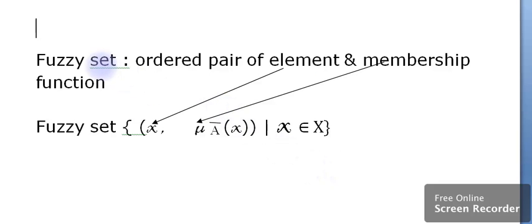So now how can you define a fuzzy set? A fuzzy set is an ordered pair of element and the membership function. Okay, so fuzzy set X. So this x is the element, of course. Yes. So this mu A bar of x indicates what? Yes, you are correct, the membership value of the element x. So here small x is the element, whereas this capital X is the fuzzy set. Okay. So how can you represent a fuzzy set? An element followed by the membership value of that element, right?